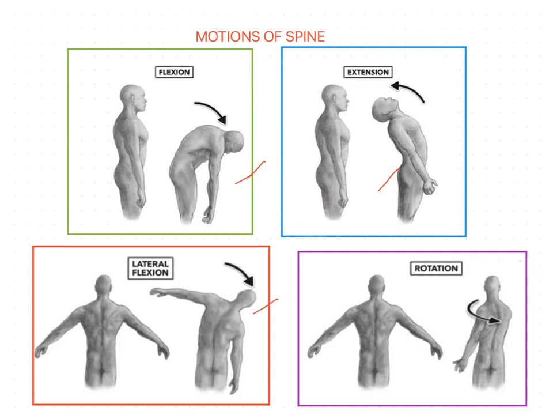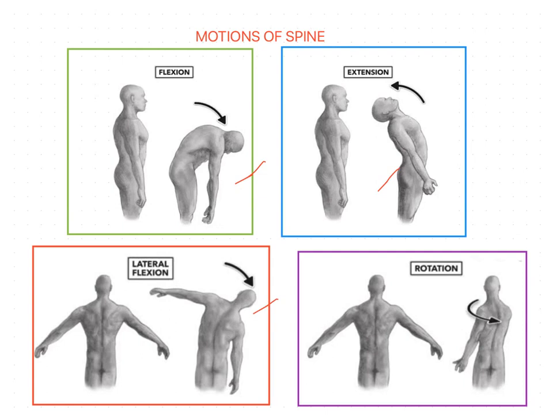However, at the level of an individual motion segment or mobile segment, these motions are often coupled. I have already explained the coupling patterns and what coupling means, but I want to recap once. Coupling is defined as the consistent association of one motion about an axis with another motion around a different axis. That is called coupled motion.